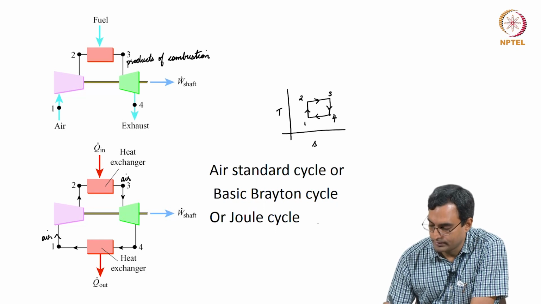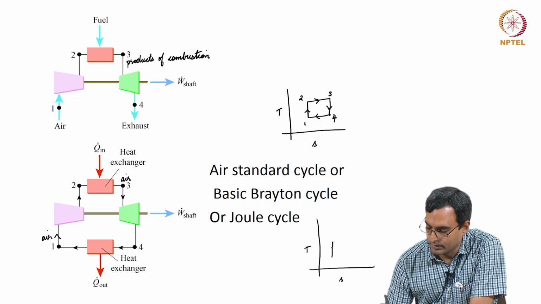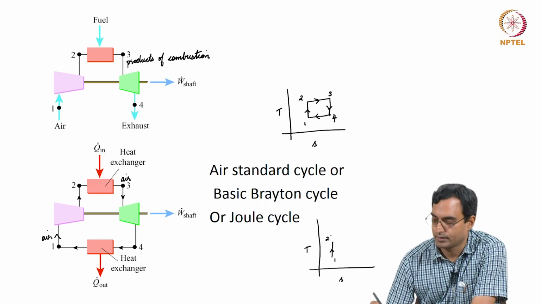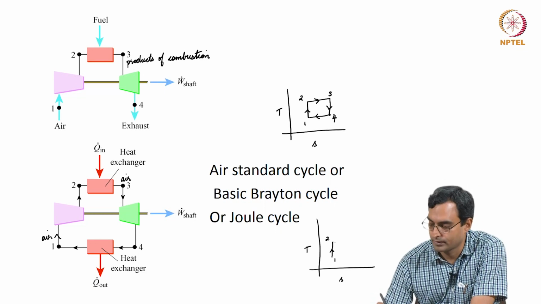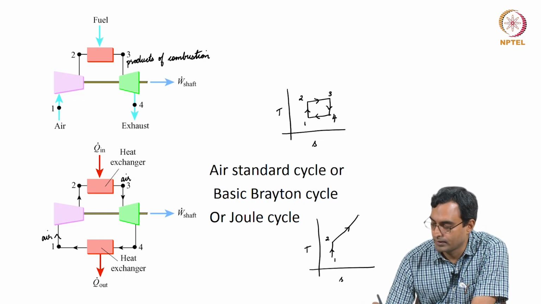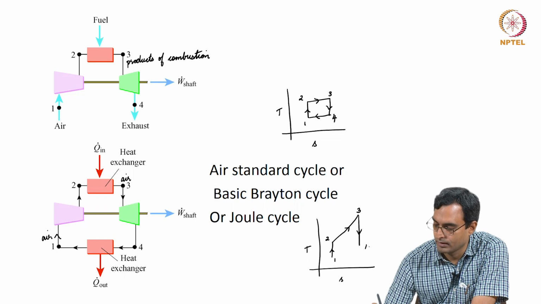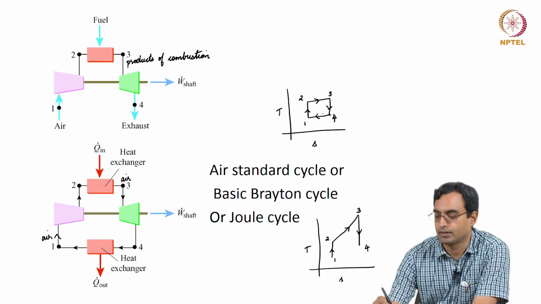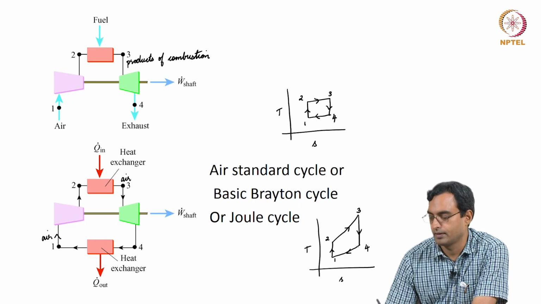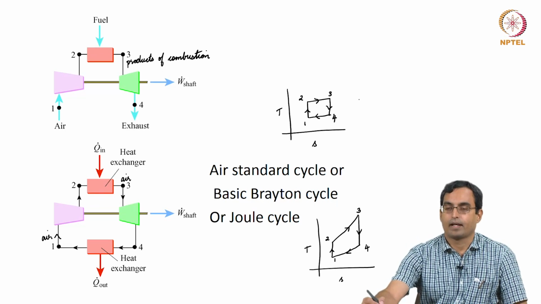So, if we take this Carnot cycle and now modify it, what we can do is we can try to still get 1 to 2 as reversible adiabatic or isentropic compression, but instead of adding heat at constant temperature, what we can do is add heat at constant pressure. Then expansion we still have from process 3 to 4. Now, instead of rejecting heat at constant temperature from 4 to 1, we can reject heat at constant pressure from 4 to 1. So, if we do that, instead of having 2 isotherms and 2 isentropes as in the Carnot cycle,